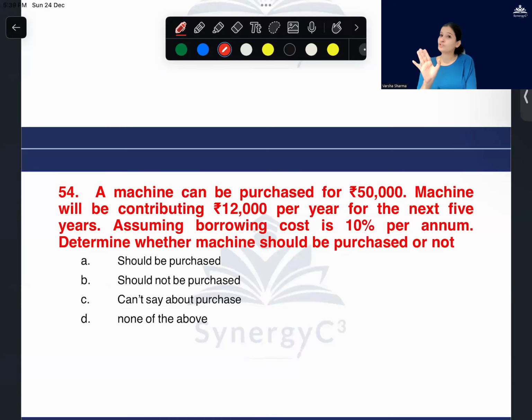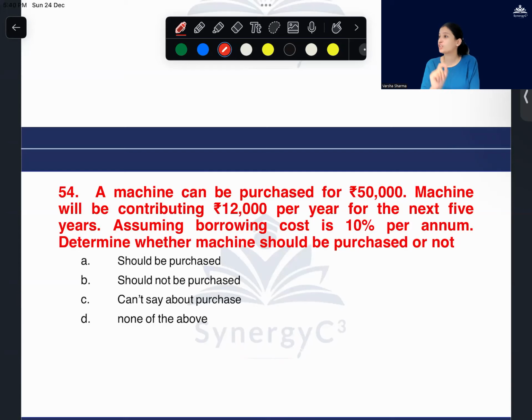So I calculate the cost of the Xerox machine. Now I calculate my total cost for the entire year on Xerox. If the cost of the machine is less than that, then I'm going to purchase the machine because it is reducing my already incurring cost. And if the cost of the machine is more, or even equal, then I will not go for buying the machine. It's easier to give it outside.